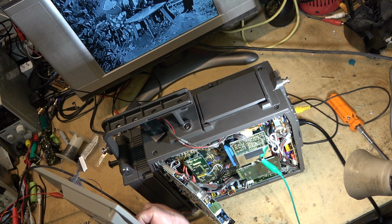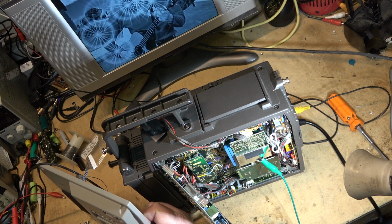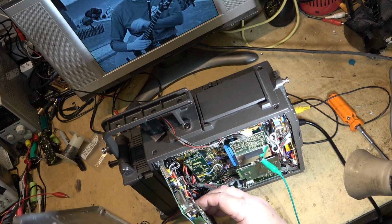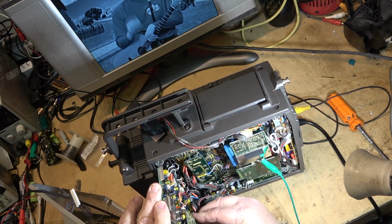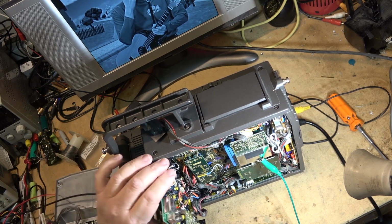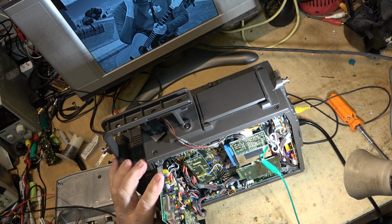Hi-fi audio works. If I unplug this, the hi-fi will go away. That's the hi-fi process board. No linear audio. Well, I'm not going to spend a lot more time on this right at the moment, just